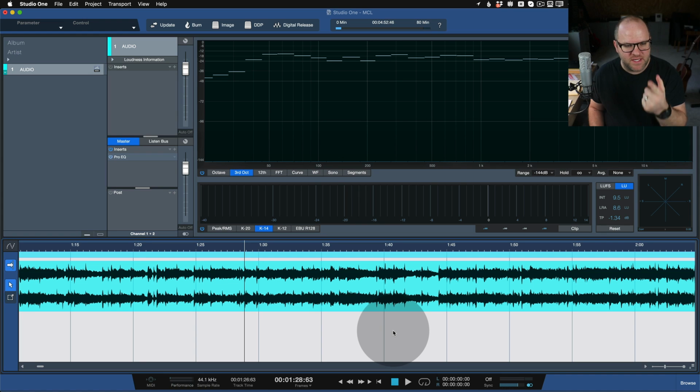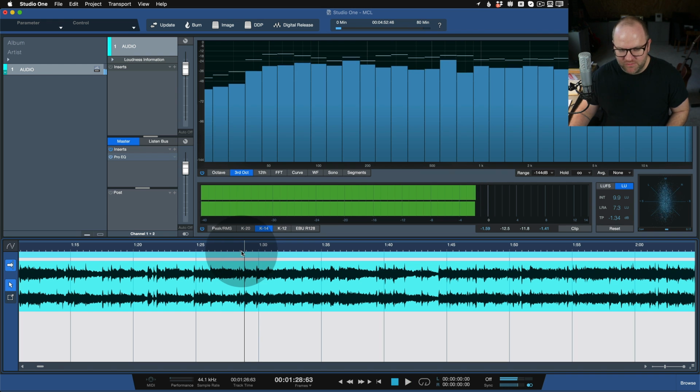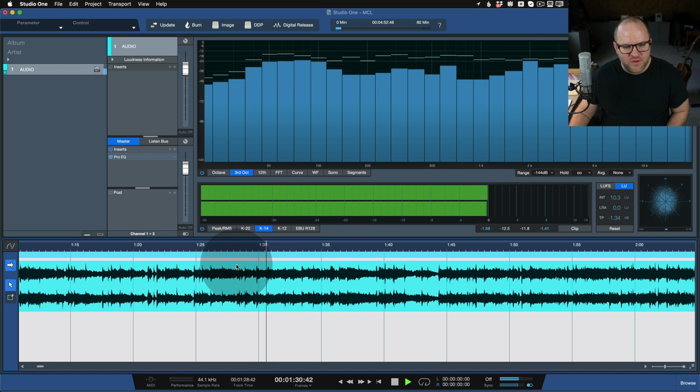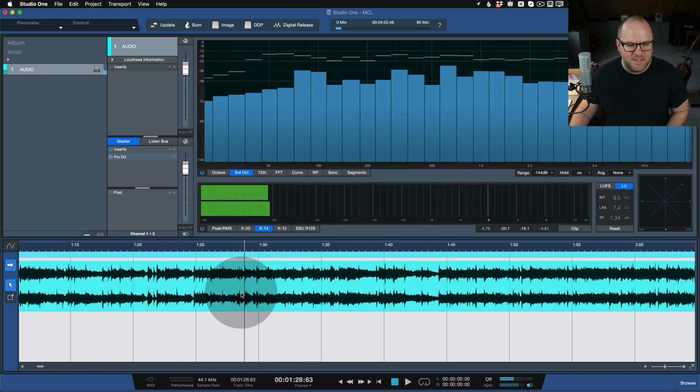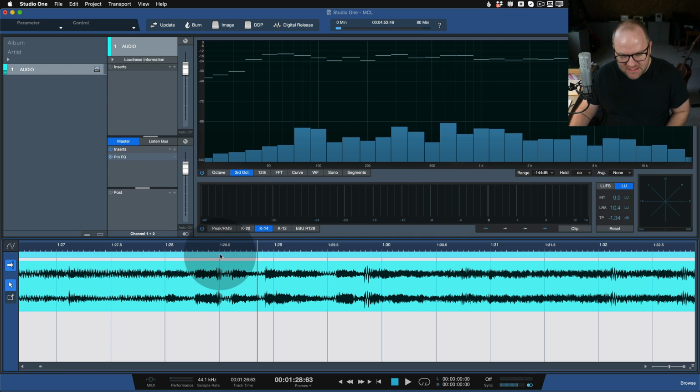I want to talk about the way the playhead works in Studio One because there's kind of two different modes you can use. And if you don't know about them, you might miss out on this cool functionality. So the playhead is literally just this vertical line that moves when I hit play. Now, the normal function and the mode that I'm in, I'd say 98% of the time, is this mode, where